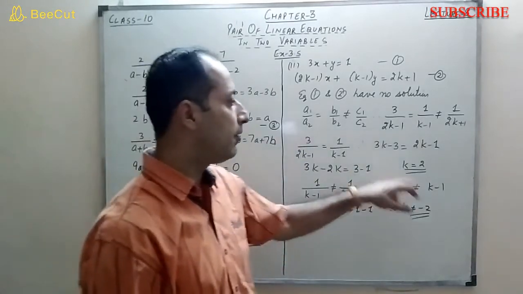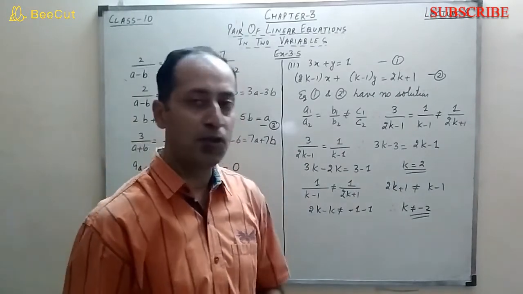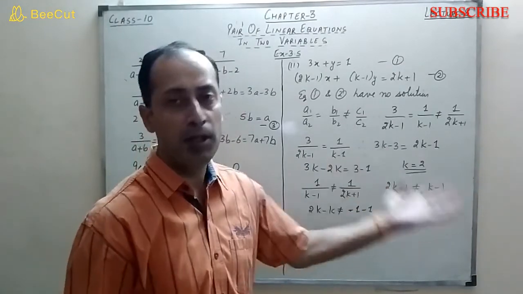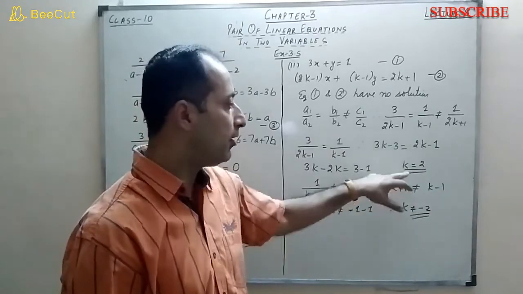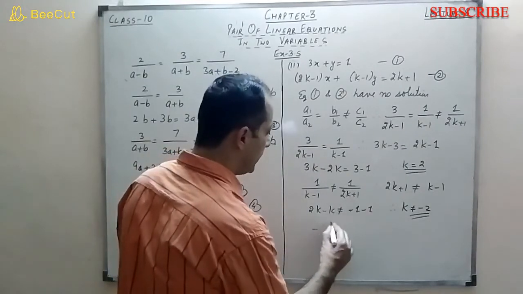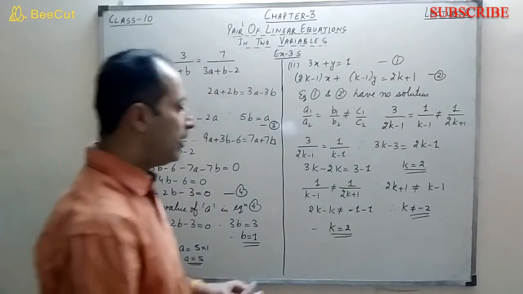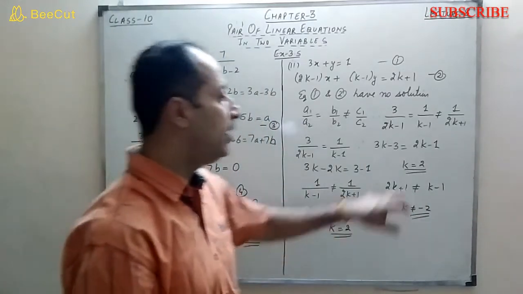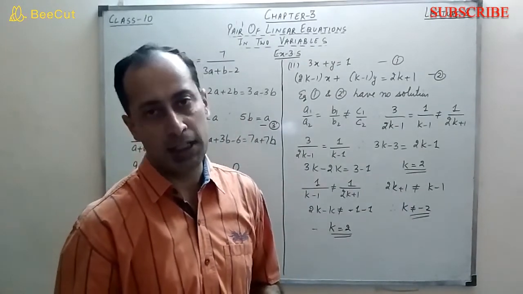Suppose from here k had two values, 2 and minus 2, and this condition shows that k is not equal to minus 2, then we will have to exclude minus 2 in that case. But here it is not required because these are not the same, so we can write therefore k is equal to 2. This is the answer. I again tell you, this condition is needed only if we are getting two values here and we are confused whether the two values are equal or not.